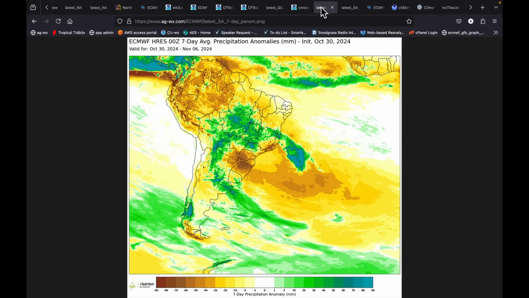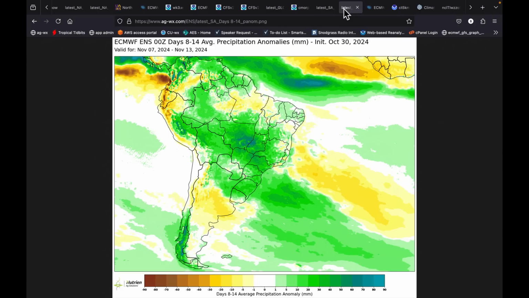This is what the next 7 days looks like according to the European model. We're still very dry in southern Brazil. And like I mentioned on Monday, not a major issue. This was an area that was extremely wet leading up to this time period. I see better rains in Buenos Aires over toward Cordoba, but we're a bit drier in the headwaters of the Paraná River. Okay, but week 2, there's no shift at all in the models.